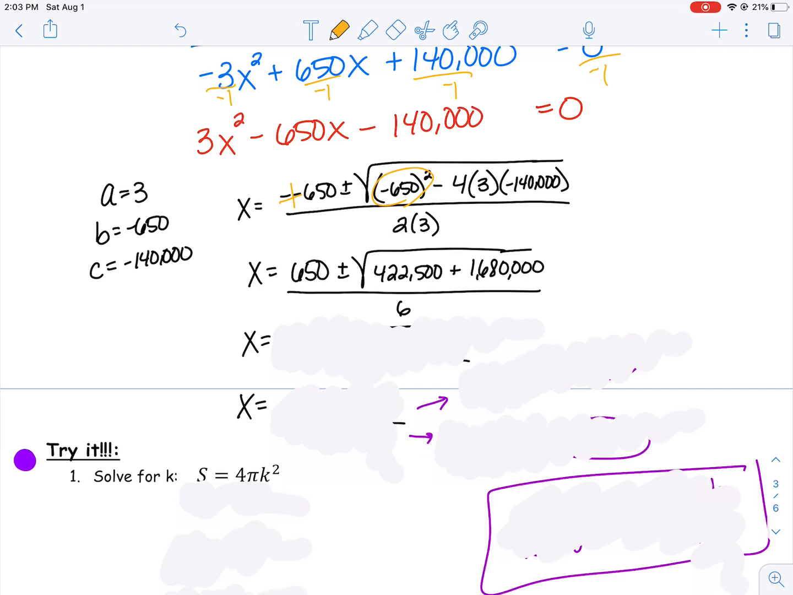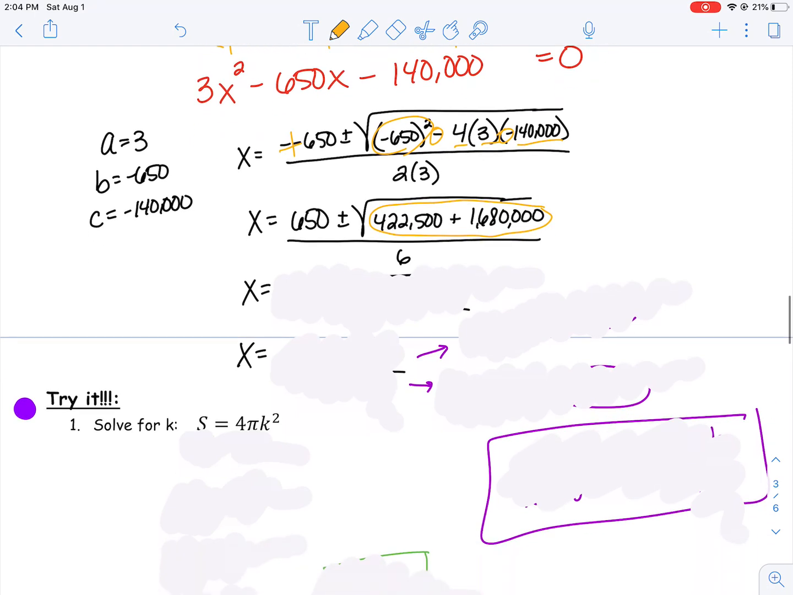That's going to give me a positive 422,500. Then I can figure out 4 times 3 times 140,000. It looks like these 2 negatives are going to give me a positive, so that's how the positive came to be. And I got 1,680,000. Doing it step by step in my calculator, I'm going to go ahead and add these two numbers together